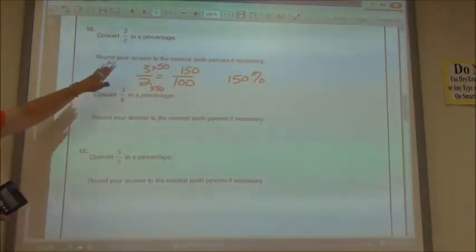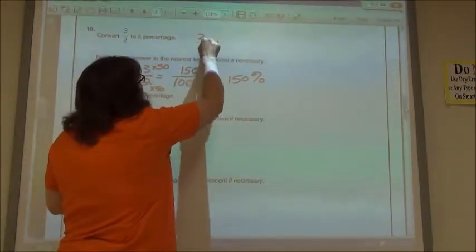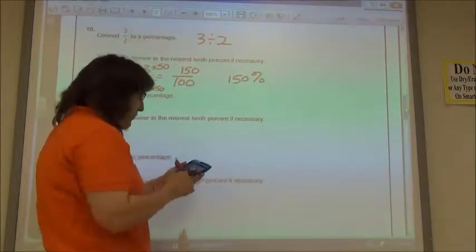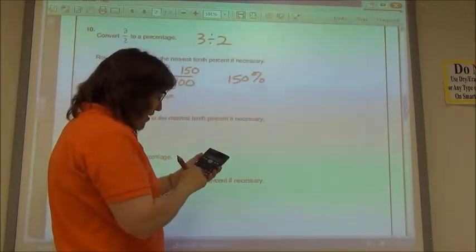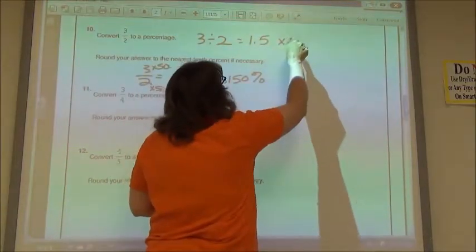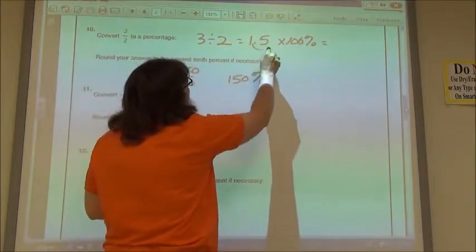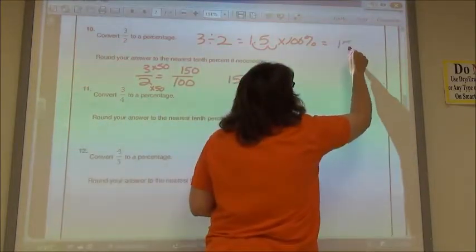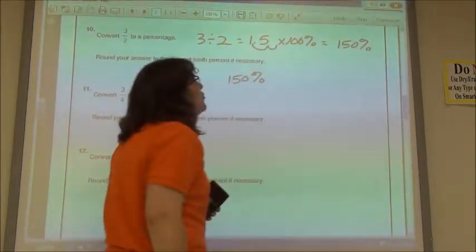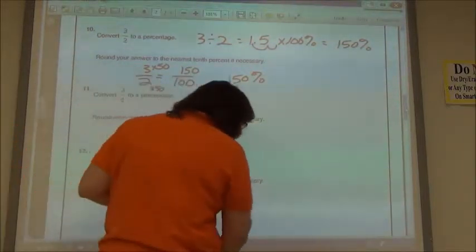The other way to do this is to change your fraction to a decimal. 3 divided by 2, 3 halves. 3 divided by 2 is 1.5. I still have to times it by 100, however, to add the percent sign. So if I move my decimal 2 places, I get the same answer, 150%. So you can either change it to a decimal and multiply by 100, or make an equivalent fraction if the